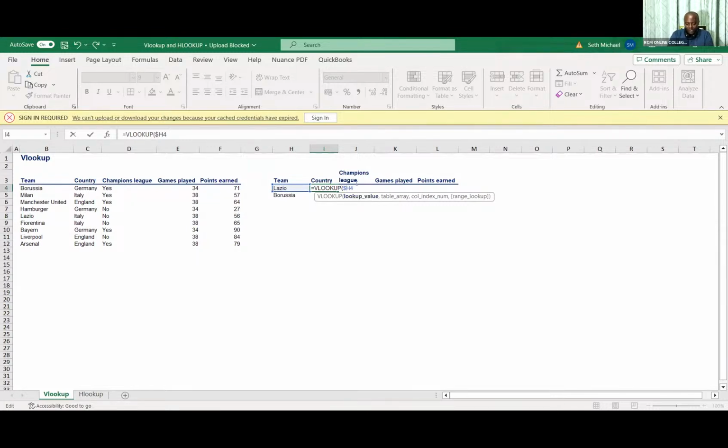Then you continue with the journey. After the comma, you have to say comma, remember, because you're following that formula written down there. After lookup value, they want you to put a comma and then the table array. So you know the table to pick. You pick the whole of that. And then you use